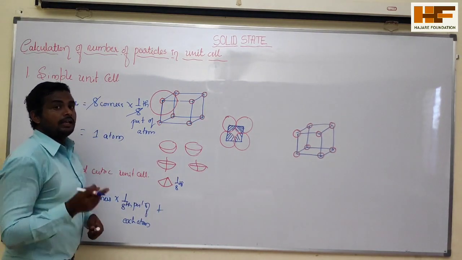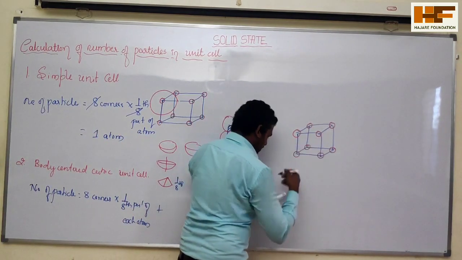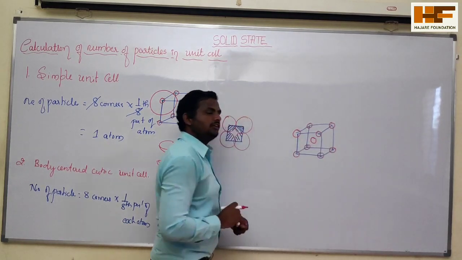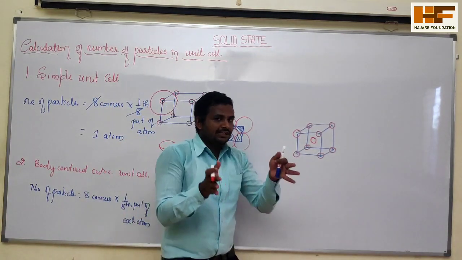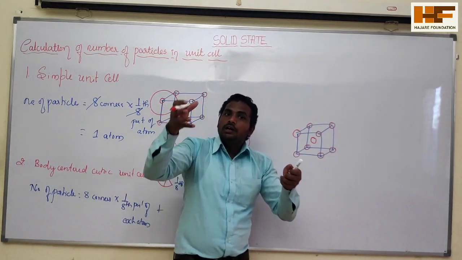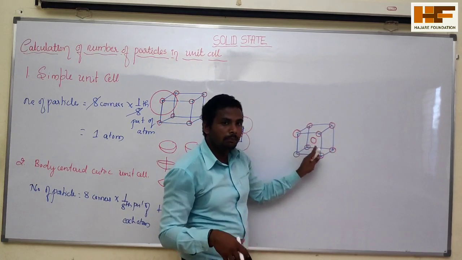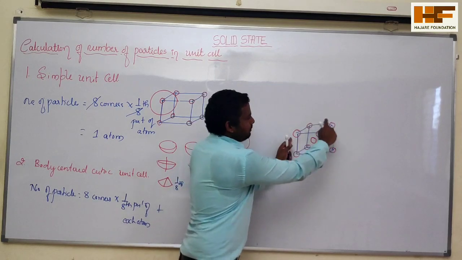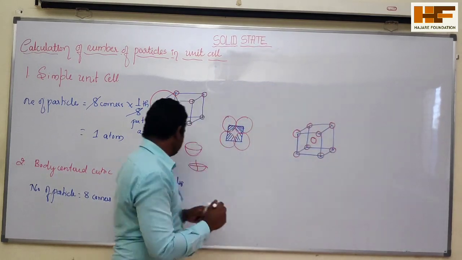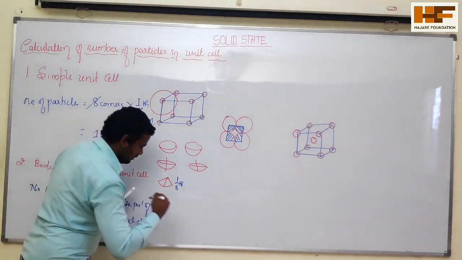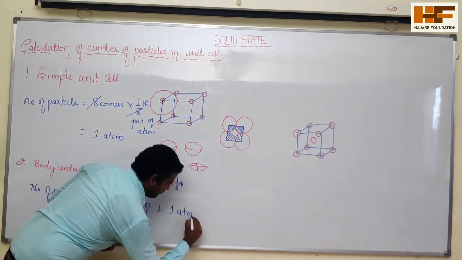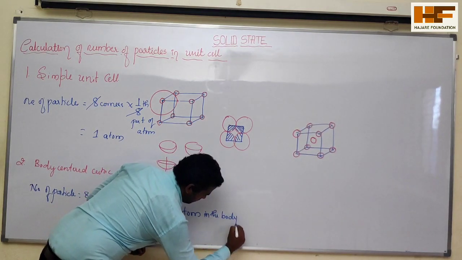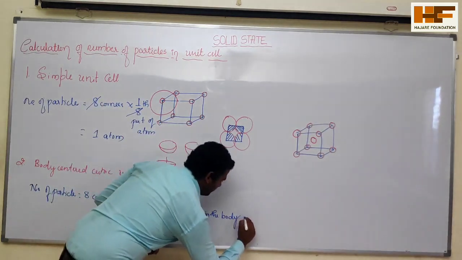Plus, not only this, in body centered we are having one more constituent particle completely inside that unit cell. Okay, the same thing if you consider the cubic box, if I place one ball in that, that ball is complete, which means we are having one atom, and 1/8 part in each corner. So hence plus we are having one complete atom in the body or body centered.